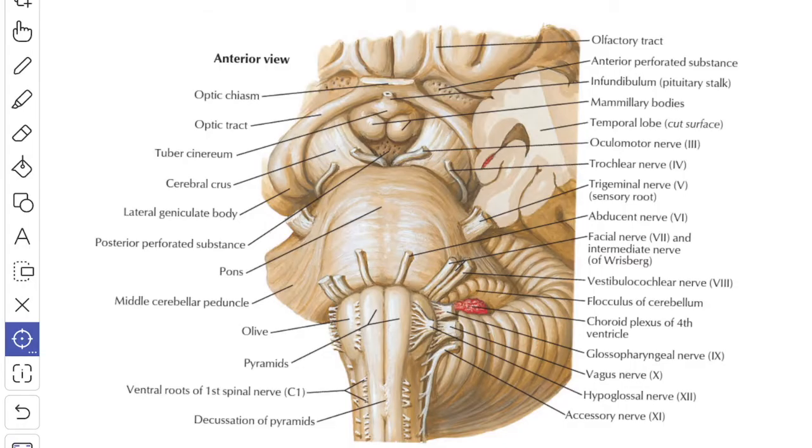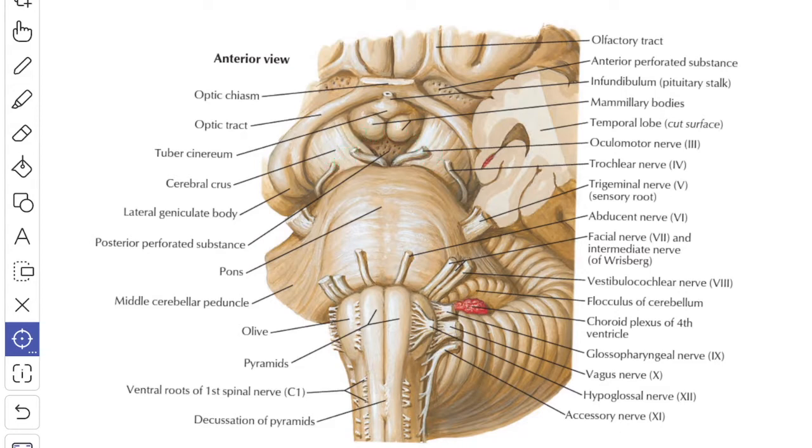In this video, we'll study about the medulla oblongata. Before going in detail about that, first we'll see what is brainstem. This is the brainstem. It is a stalk-like part of the brain which connects the spinal cord with the forebrain. From below upward, it consists of three parts: the medulla oblongata, then you have pons and the midbrain.